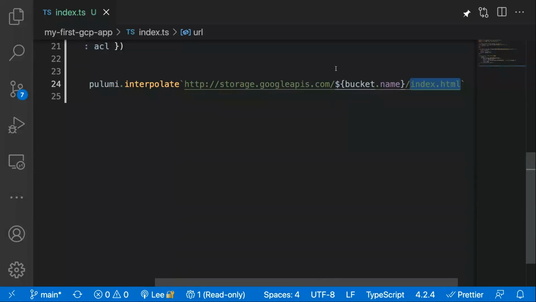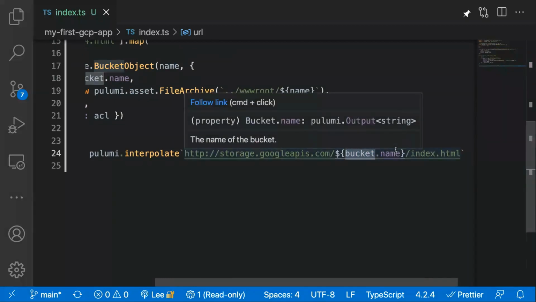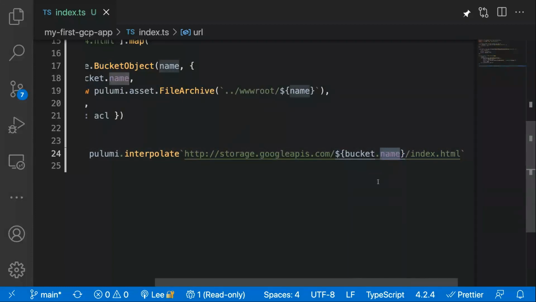Well, as I already mentioned to you, when we create our bucket, it goes to the API of the Google Cloud Platform and creates a bucket. And it's going to create a bucket with a specific name. But Pulumi doesn't know what that name is going to be until that API response has come back from Google Cloud, right? And so what Pulumi